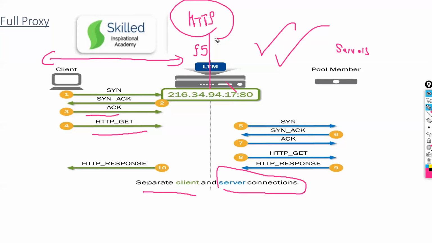I'm accessing my website on a browser. Let's say my application is not HTTP or HTTPS. Do I need HTTP GET or response? No. So there can be a layer 4 load balancer, there can be a layer 7 load balancer. You will come to know in which case you need only layer 4, in which case you need layer 7.